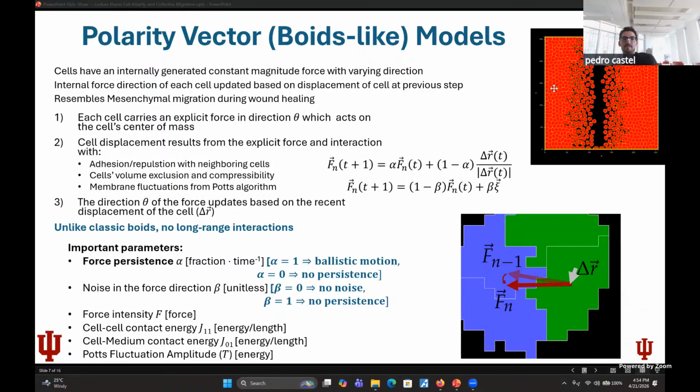Then you introduce another mechanism to the cell migration, which is that you correct the angle of migration based on the displacement of the cell. So if the cell is moving in a particular direction, the polarity tends to correct to the direction that the cell moved. And what this does is, if two cells are moving in this direction, for example, and they collide,